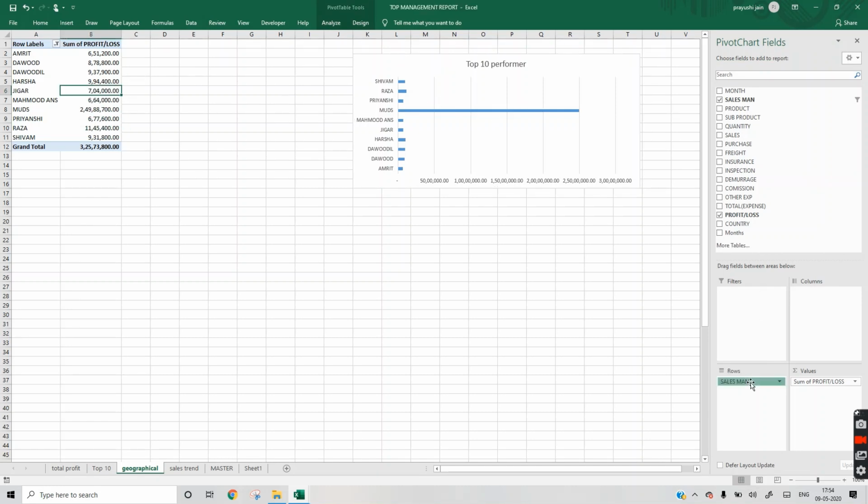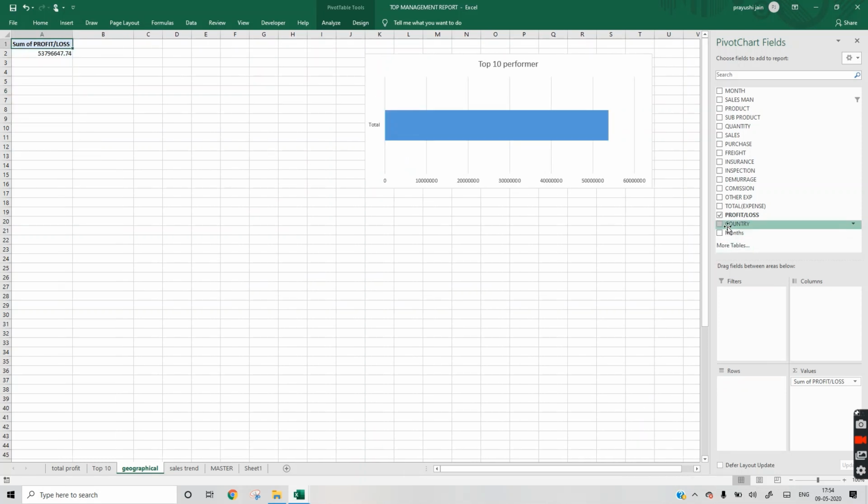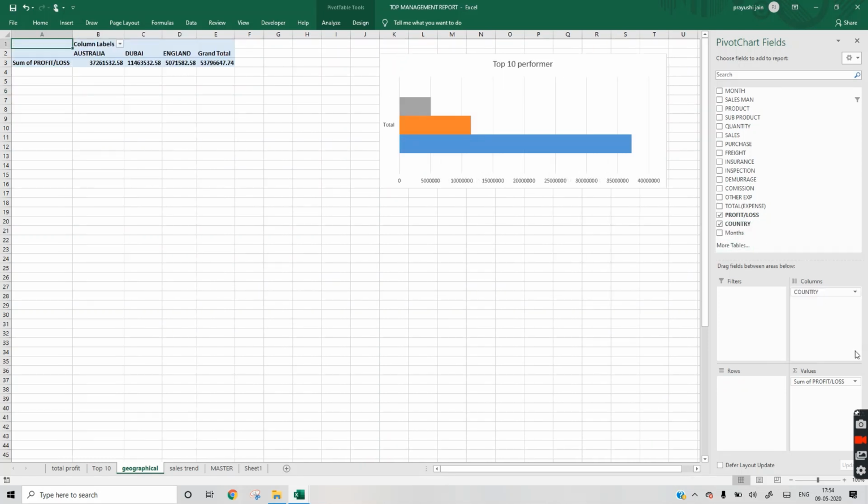In the geographical chart, what we will do, select this country in this column, and sum of profit and loss is correct.